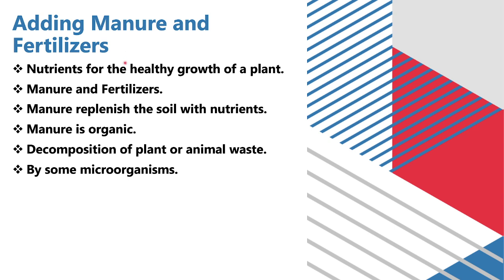But fertilizers are made in factories, so they are artificial. Suppose if we grow any crop in soil and that crop took all the nutrients of the soil, so the nutrients will not be there in the soil. Then we have to add nutrients artificially in it. This is given the term of fertilizers. So therefore manure is good for plants.